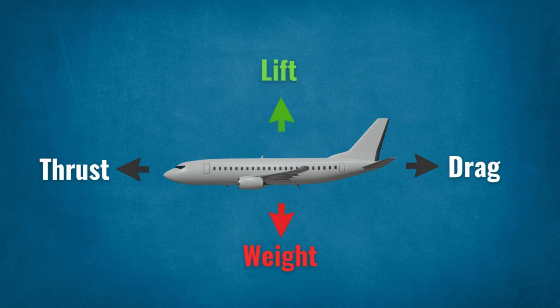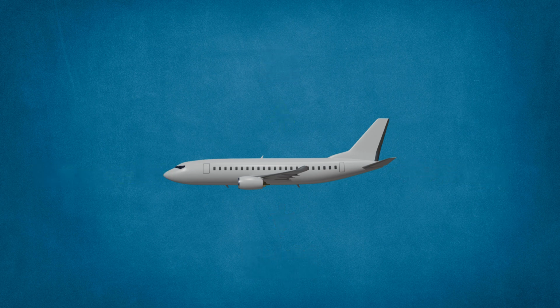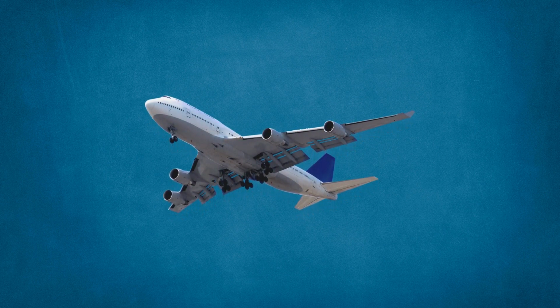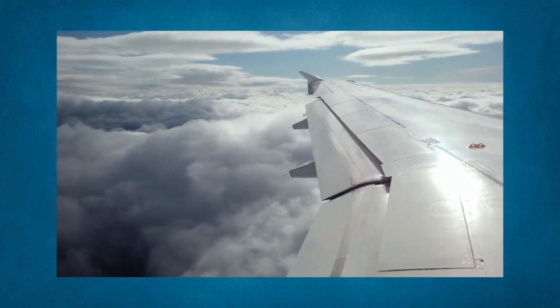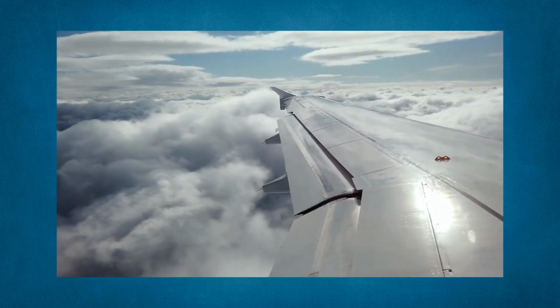Lift and weight are opposing forces, as are thrust and drag. All are equally important, and they must be balanced to maintain level flight. Once you know about the principle of flight and the four forces, understanding what happens to the airplane is relatively easy. Knowing a little about how a wing generates lift can also be beneficial, and for that we need to